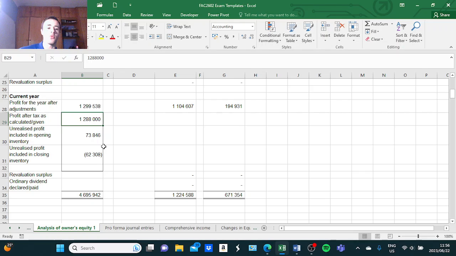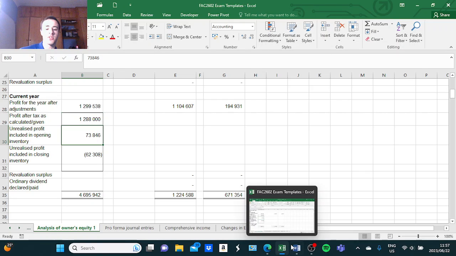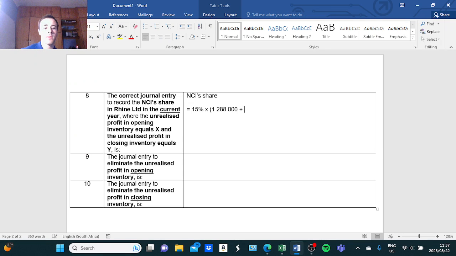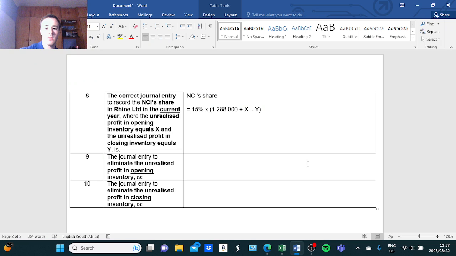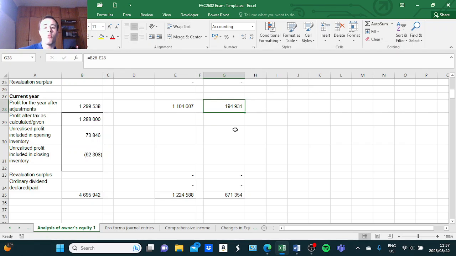So in other words, we will add the unrealized profit in opening inventory, which is represented by X, and then we will subtract the unrealized profit included in closing inventory, that is represented by Y. So simpler put, or easier stated, this is the formula that you will use to calculate the NCI share of